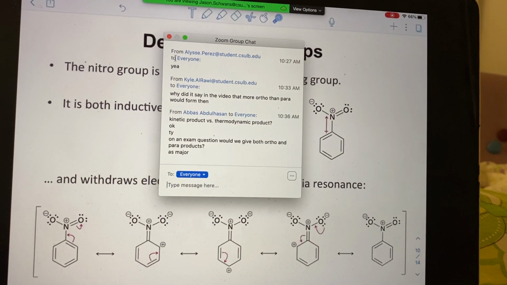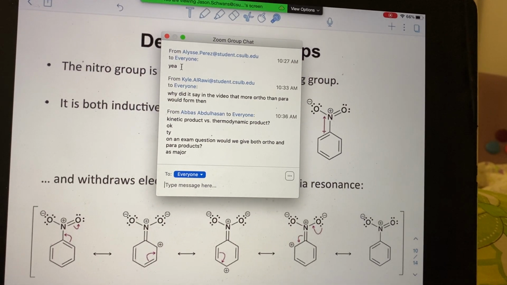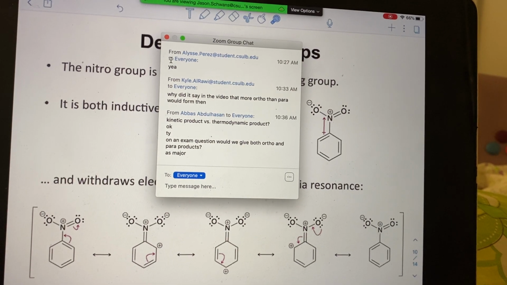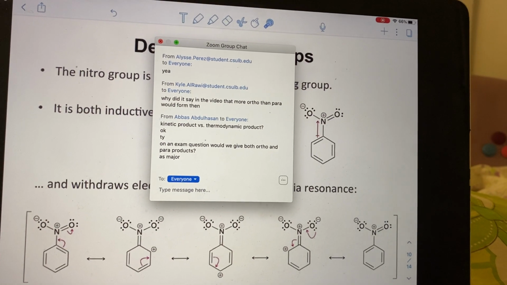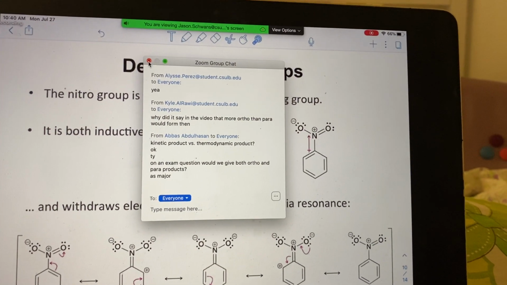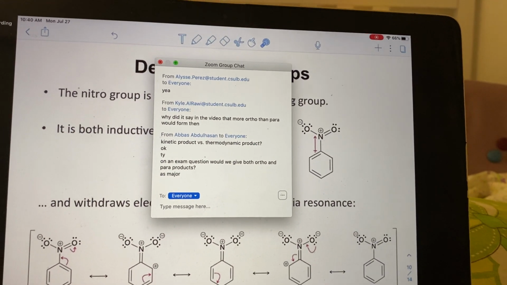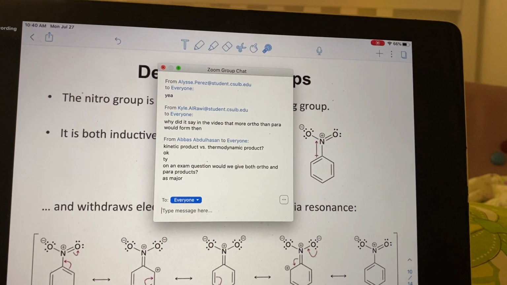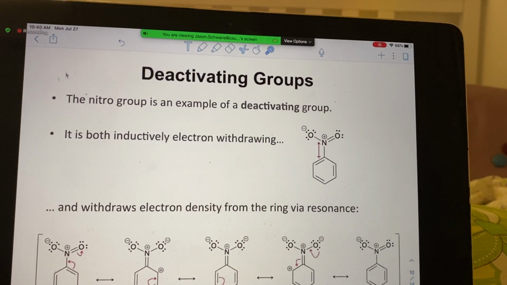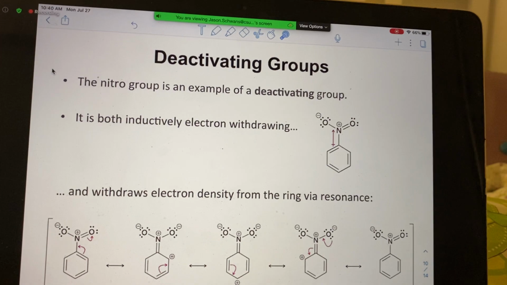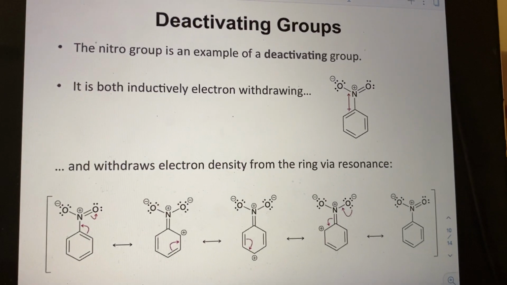So then, in response to the question, if you get both the ortho and the para products as major on an exam, that's going to be okay. And so there'll be times in synthesis where you'd want maybe just the para product or sometimes the ortho ones. We'll kind of let that go for now, but I just wanted to emphasize that even though we call these groups ortho-para directors versus a meta director, a lot of times the distribution of ortho and para is a little more complicated. So we're not going to take off points for something like that, but to recognize hopefully the difference of sterics versus kinetic effects and probability. Okay, so now